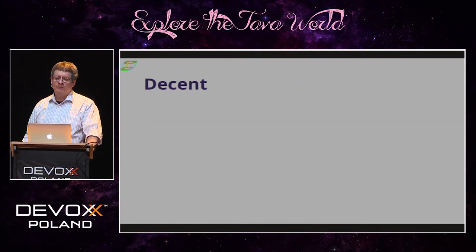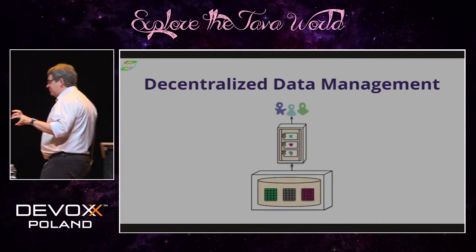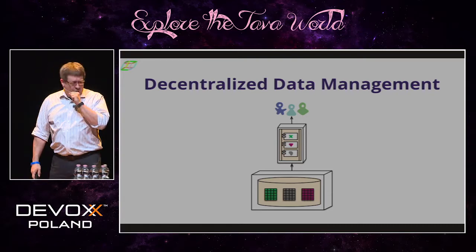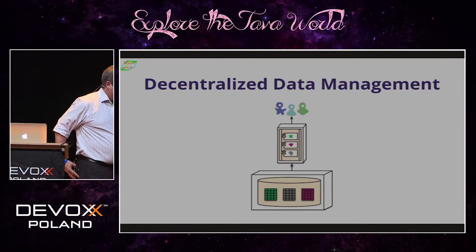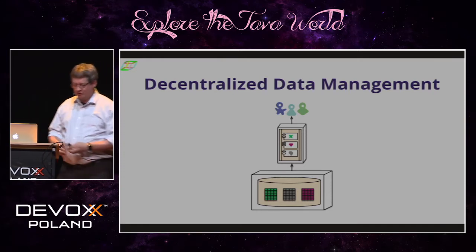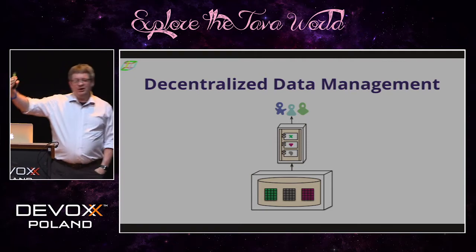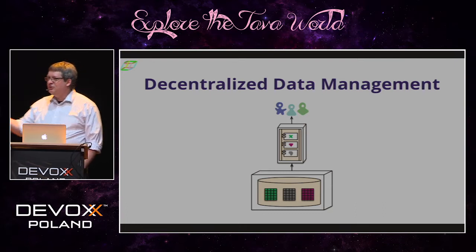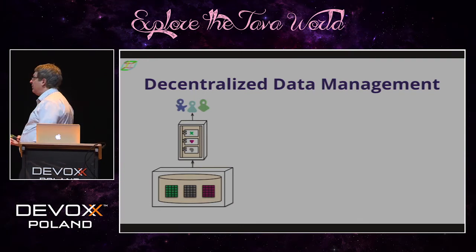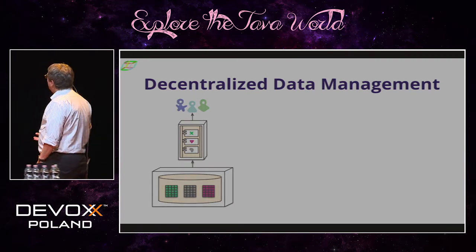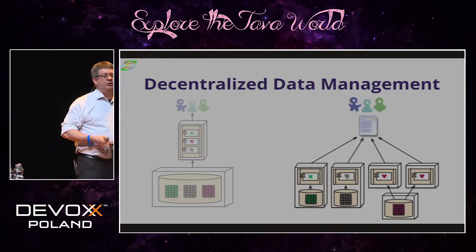Another side effect of the decoupling that you see in evolutionary architectures is decentralized data management. Excuse me, I always get choked up when I start talking about databases. So when you have a monolithic application architecture and a monolithic database, it's really easy to do things like transactions. But when you get to this more bounded context world of places like microservices, the idea is that you don't do distributed transactions here because you don't want to do distributed transactions.